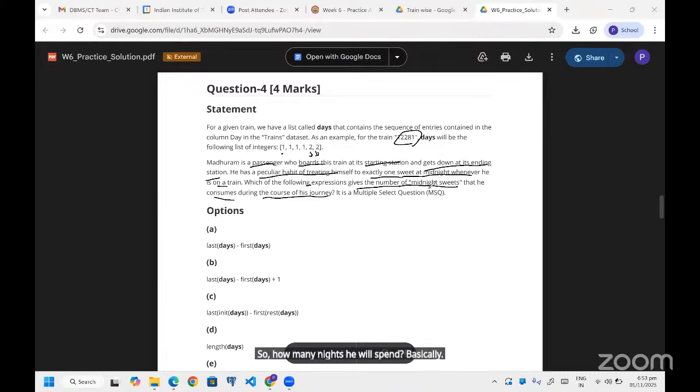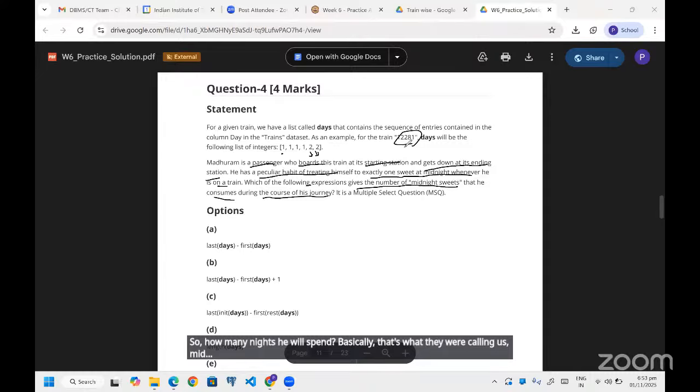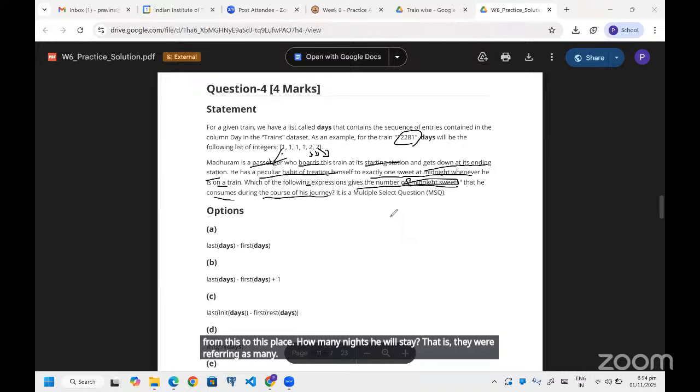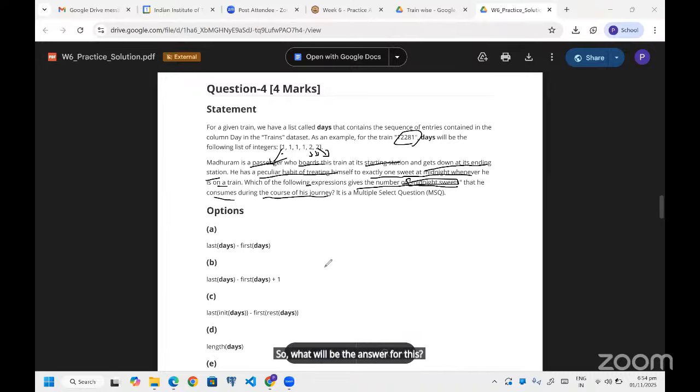Basically, that's what they were calling midnight. If a passenger is traveling in this train from this place to this place, how many nights will he stay? So what will be the answer for this? We can just simply subtract the max of this and the min of this, right?